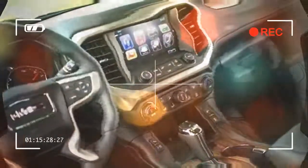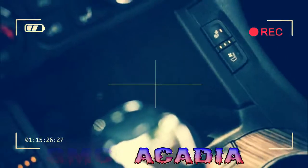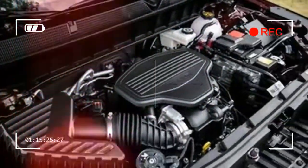Trims and options we choose. The SLE2 trim serves up the best bang for the buck. For $920, we'd also upgrade to the 8.0-inch touchscreen infotainment display, which adds an 8-speaker Bose sound system and a multicolored